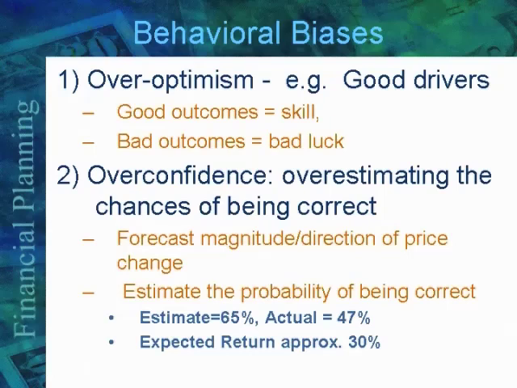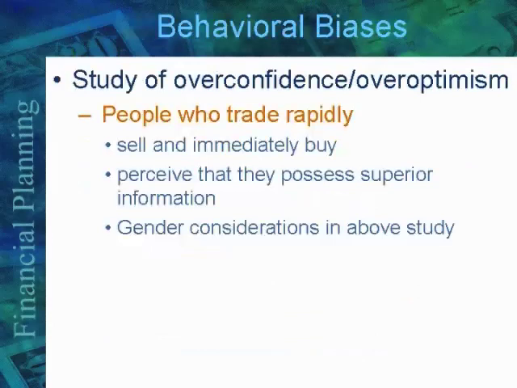Another way to think about it: how difficult is it to make 10% per year consistently? To get a return of 10% a year, you will have to be right just 55% of the time consistently. How difficult is it to be right 55% of the time? About as difficult as making 10% a year. And we know how difficult it is to make 10% a year consistently. That's how difficult it is to be right 55% of the time.